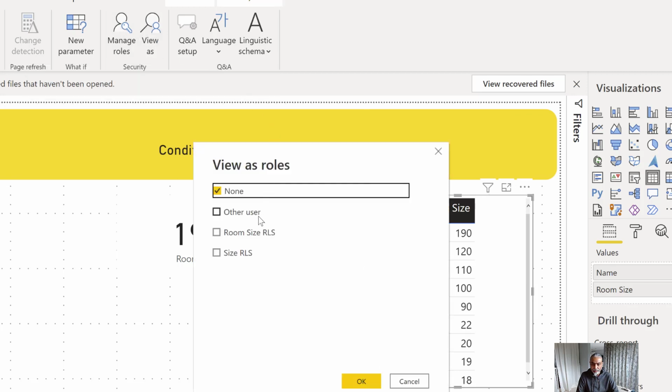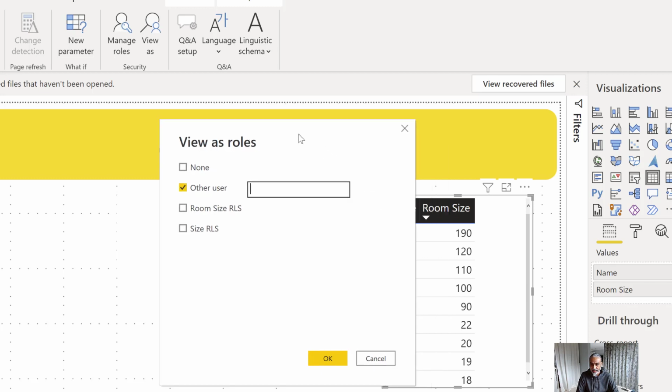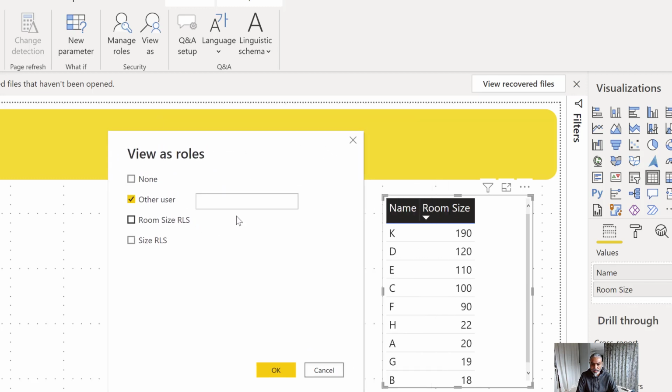So let's test the role. We can do it with view as other user, so we can mimic the user here. Let's say the user is C. I have another RLS which I already tested. The new one which we created is called room size RLS. So we're saying, I want to see as a user C using this row level security role. So if I go okay,